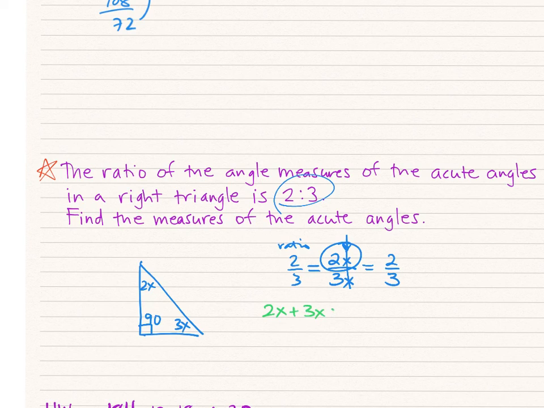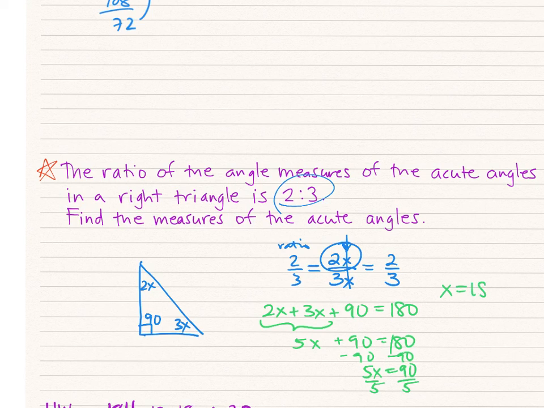2x plus 3x plus 90 is going to equal 180. We can combine these to be 5x, and then we can subtract 90 from both sides. And so 5x equals 90, then we just have to divide 90 by 5, and we get 18. So x equals 18. That's not the answer, remember, just because we have our x. Let's look back to the problem and see what it's asking. Find the measures of the acute angles. These are my two acute angles. We know that x is 18, so we can plug in 18 for x. 2 times 18 is 36, and then 3 times 18